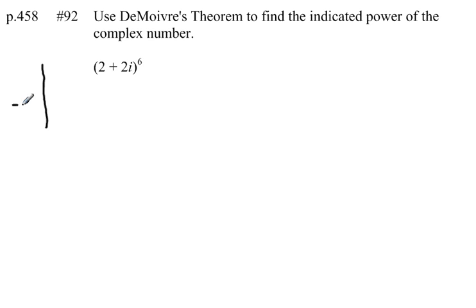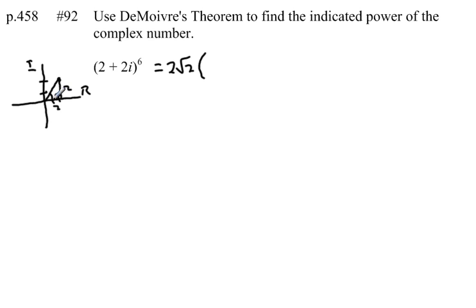So to start, I'm just going to make a rough sketch of this number graphed on the complex axis. Here's my real numbers, here's my imaginary numbers. 2 + 2i is right about here. And to write this in trigonometric form, I have to first find r, the distance from the origin. Well, if this is 2 units, this is 2 units. 2 squared plus 2 squared, 4 plus 4. r is the square root of 8, which is equal to 2 times the square root of 2,